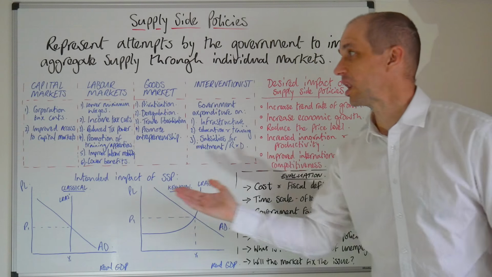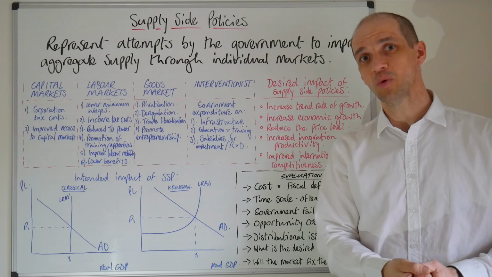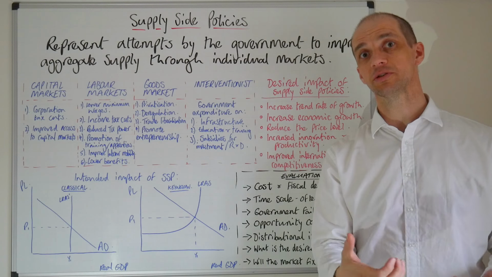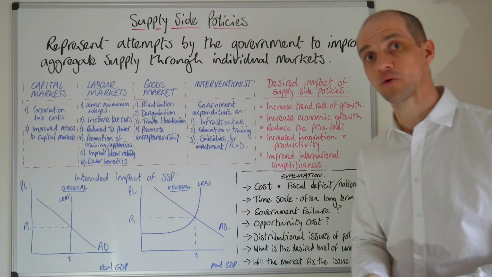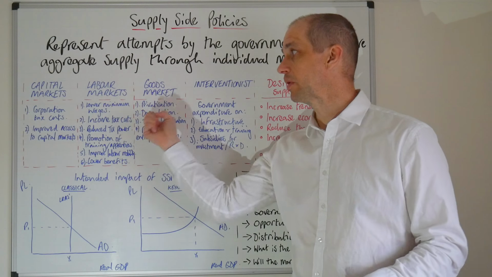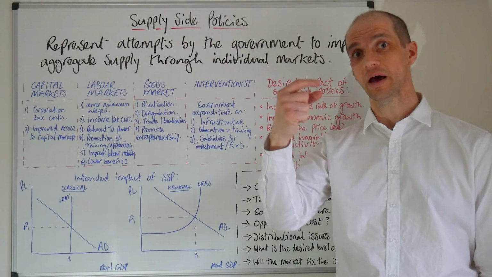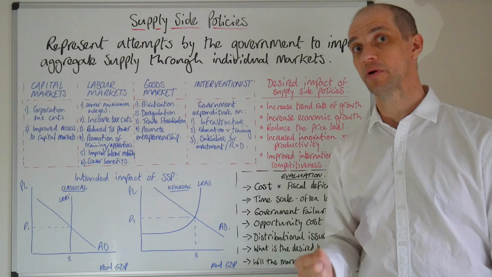Okay, so let's have a look at labour markets. Well, here it could be about offering lower minimum wages. Lower minimum wages may encourage more staff to be employed, and that can help to boost the level of employment within an economy. Okay, so we've got that first point there, but it's also interesting to note that having higher minimum wages or higher living wages can also encourage firms to substitute labour for capital. So this point can be taken in two directions really.